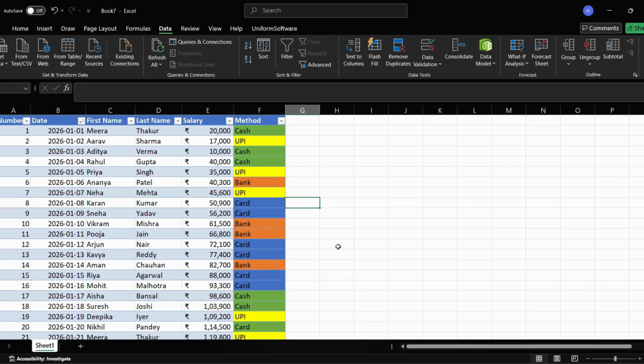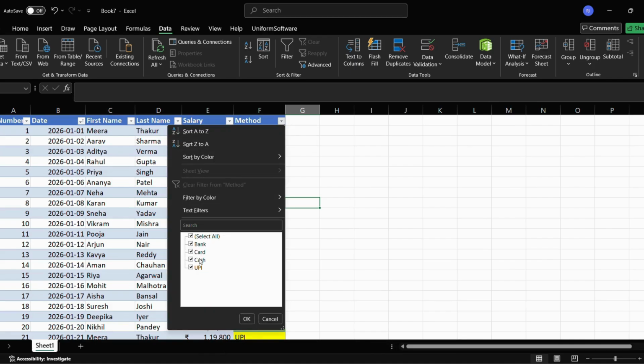Now, let's go towards filtering. अब filtering और sorting में फर्क क्या होता है? Sorting में हमारे पास जो डेटा है वो एज इट इज रहेगा, बट हमारे पास एक कंडीशन के बेस पे उसको असेंडिंग या डिसेंडिंग ऑर्डर में या फिर ग्रुप करेंगे या फिर कुछ भी और ऑप्शंस। ऑलराइट, बट फिल्टरिंग में क्या होगा, हम सिर्फ वही डेटा देखते हैं जो हमारे लिए नेसेसरी है या फिर हमको जिसकी नीड है। फॉर एग्जाम्पल, अगर हमको सिर्फ वो डेटा देखना है जहां पर कैश के थ्रू ट्रांजेक्शन हुई है सैलरी की,